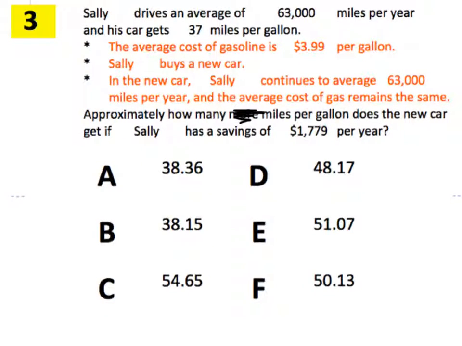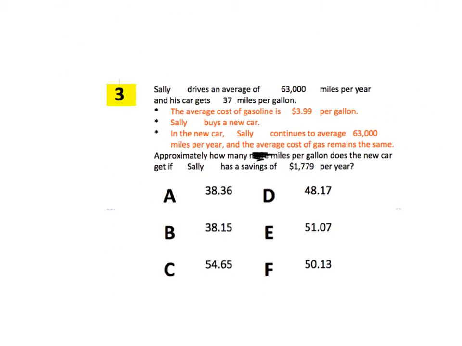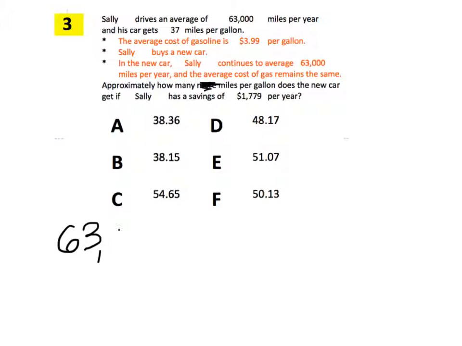If she drives 63,000 miles per year and gets 37 miles per gallon, then what is her miles per gallon? Trick question. It's on the screen. 37, yeah. So how many gallons did she use in the first year? What do we have to divide to find that? Yeah, 63,000 divided by 37 miles per gallon